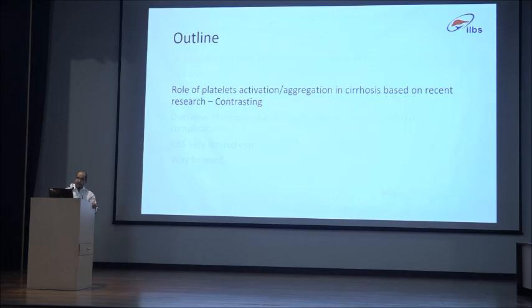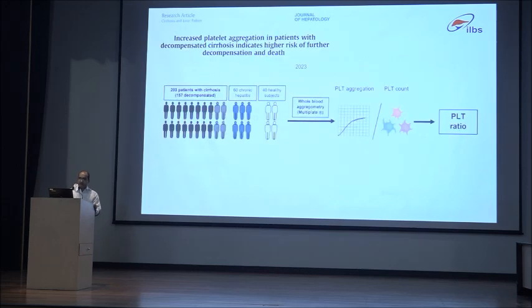Now the contrasting view: platelet aggregation is increased in cirrhosis. This is another recent study where they took 200 patients with cirrhosis, 60 with chronic hepatitis, and 40 healthy subjects, and they did platelet aggregometry, but they adjusted it for the absolute platelet count, and they call this ratio the PLT ratio, or